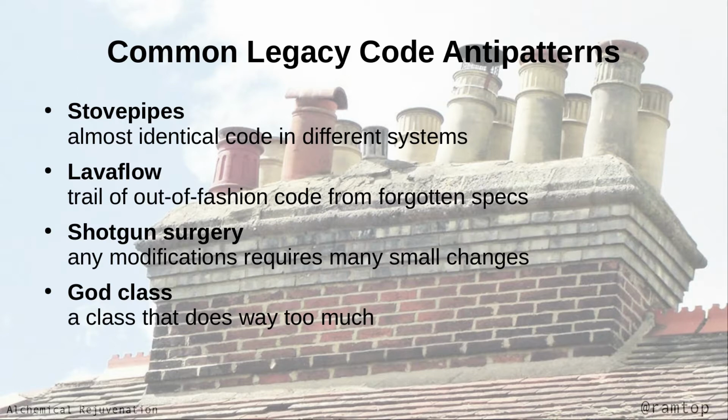And this is how the stovepipes came out. So in a big legacy system, you have a lot of this kind of stuff. And the lava flow, instead, is another typical anti-pattern, which is like the lava flow of a volcano, that at some point in the old system,